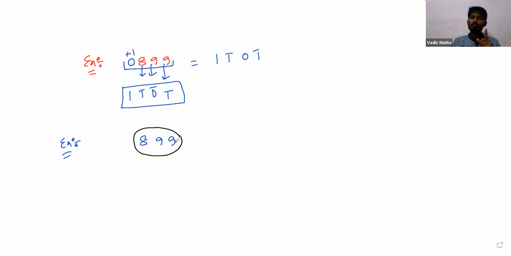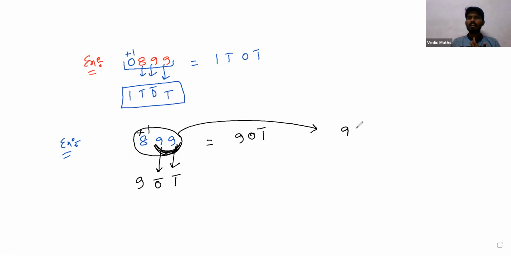If you want to convert this number into Vinculum, and the Vinculum number also has 3 digits, then these 2 digits must be selected. That means these 2 digits will be removed. So that is 1 bar, and this is 0 bar, and add 1 to this number, then you are getting 1. So this is 900 minus 1. Yes or no? This is nothing but 900 minus 1 only.